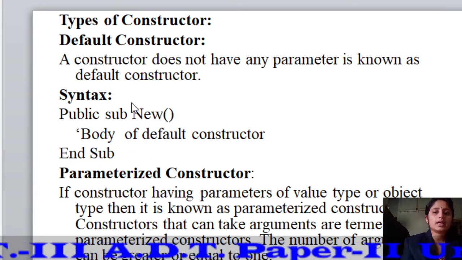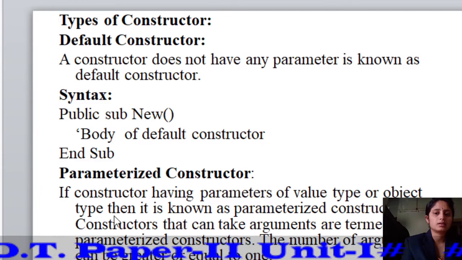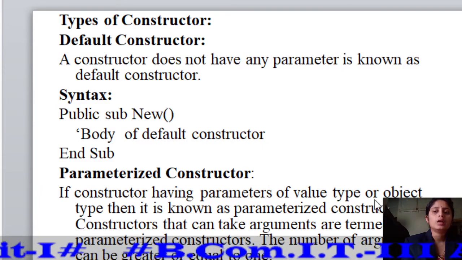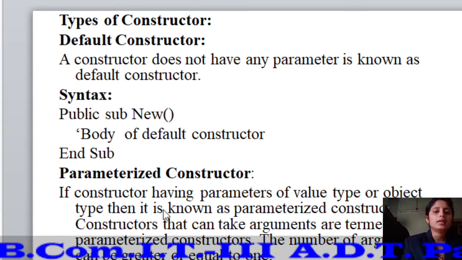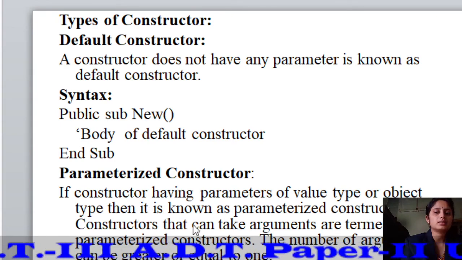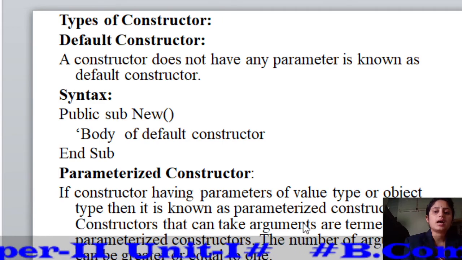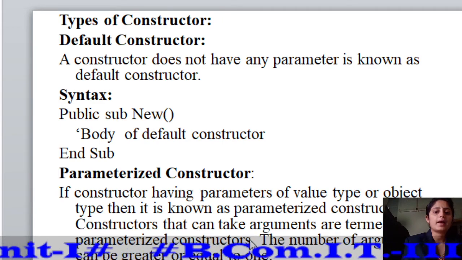The second type is the parameterized constructor. If a constructor has parameters of a value type or object type, then it is known as a parameterized constructor. Constructors that can take arguments are termed parameterized constructors.